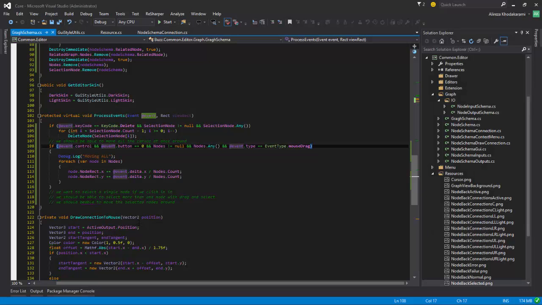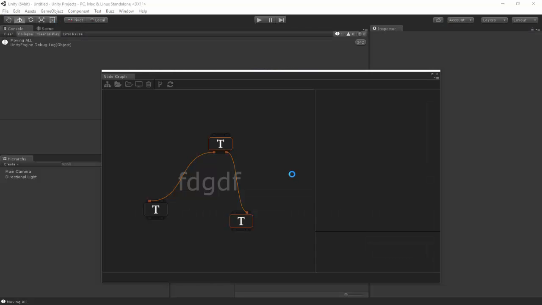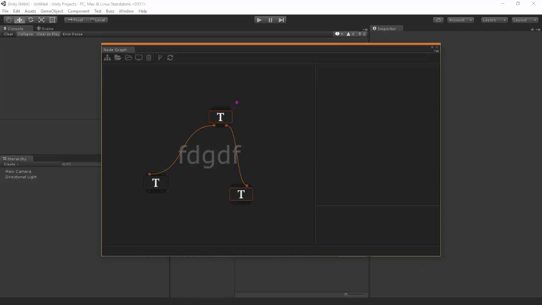and I need to build this, build, and go back, clear the console, and hold down the control key, I don't get anything. But now, oh yeah, that is working now. Okay, so I can hold down the key and move all the things with each other, but you notice that